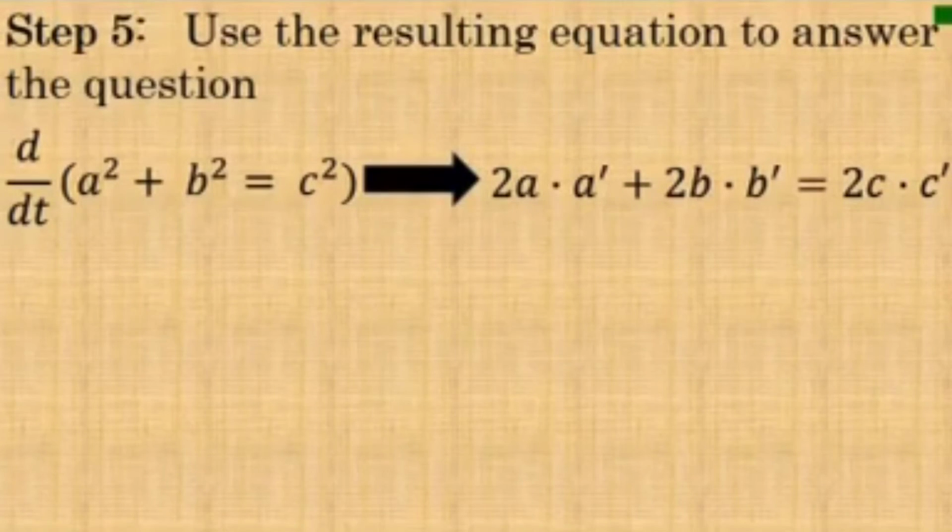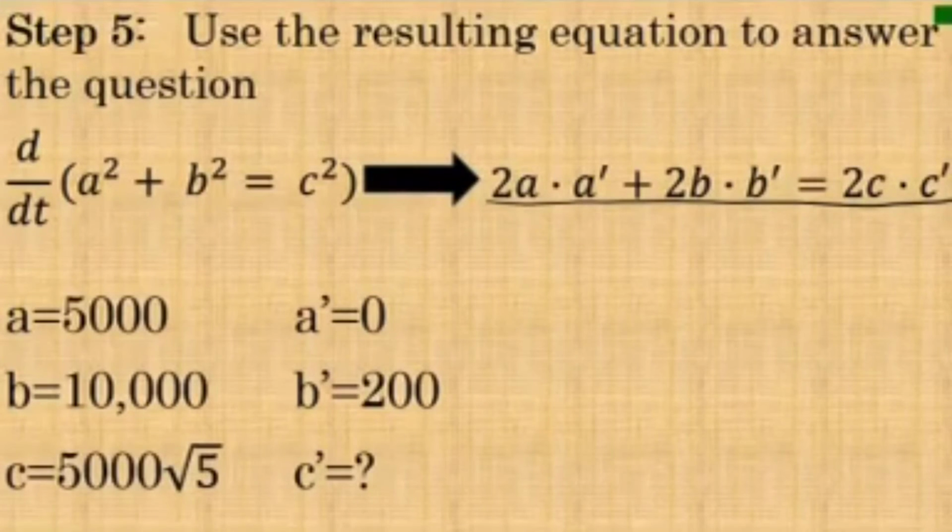Once you differentiate with respect to time the equation that related all of the quantities in the problem, you then use that derivative to answer the question. Way back in step 2, we identified all of the lengths of the sides in our right triangle diagram, as well as the rates of change of all of those sides. And at this point, we can simply substitute those into the derivative to answer the question. We're trying to find the value of C prime, so we're going to substitute all